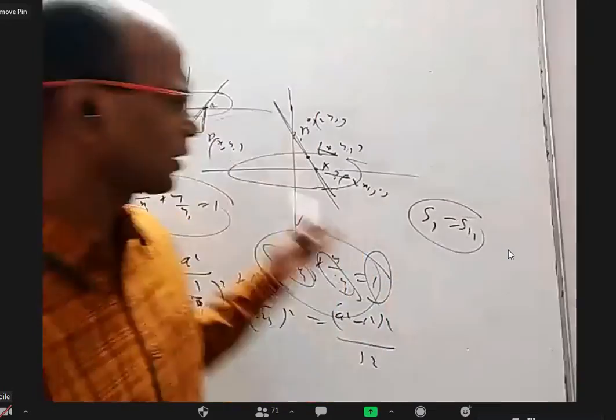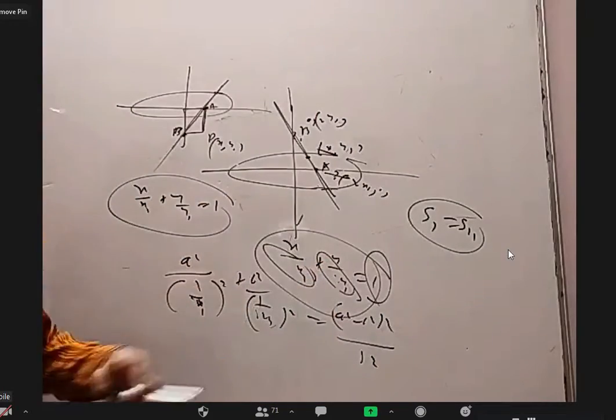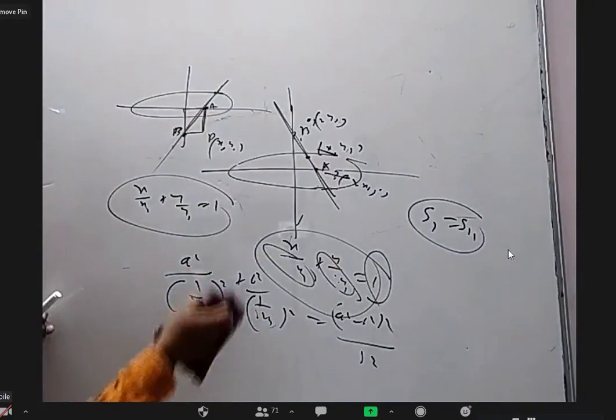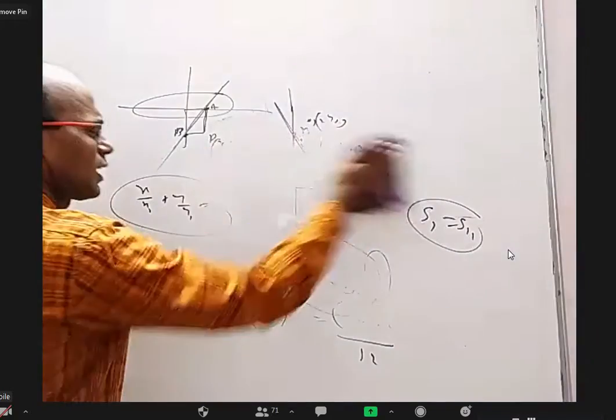So, locus questions, the first time in the circles when you came across them, may have been difficult. But now they are very silly. You can do it quickly. But you have to practice. When you practice enough questions, you will find they are actually very simple. Whatever I asked just now, they can ask about tangent also.